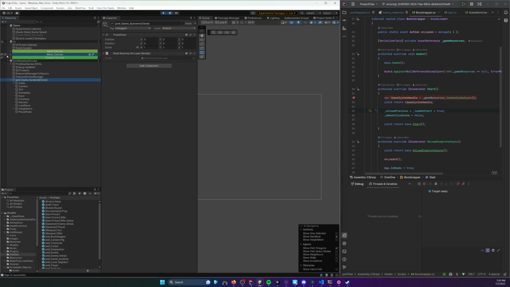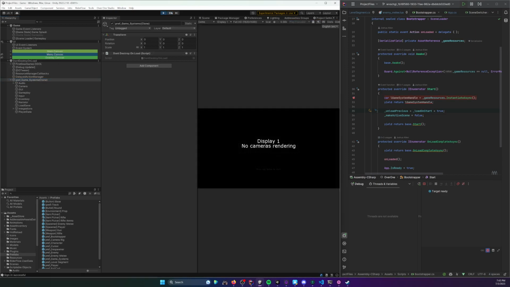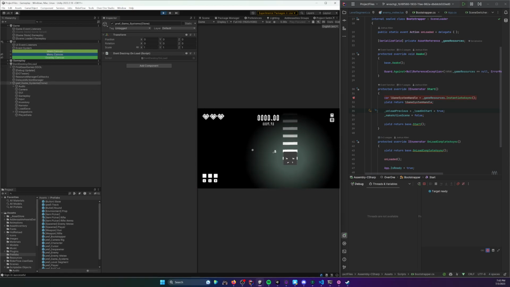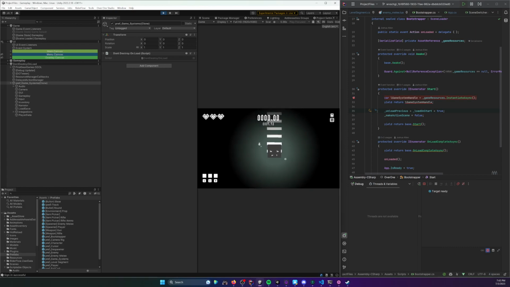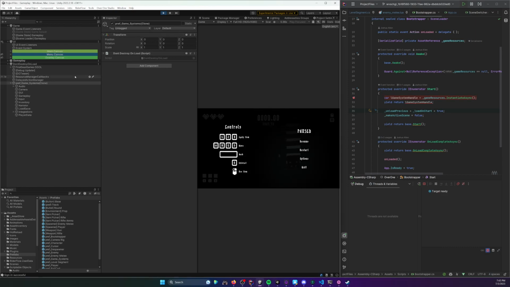And so the only thing that the player sees is a black, kind of uninitialized scene, but we're loading all of these resources on the back end really quickly. And then at that point in time, we see that the gameplay system kind of takes over. And so the way that works,